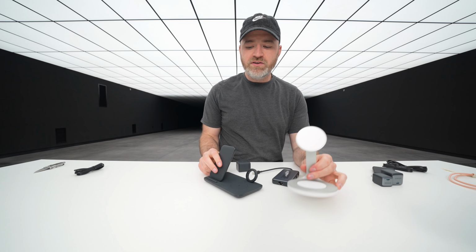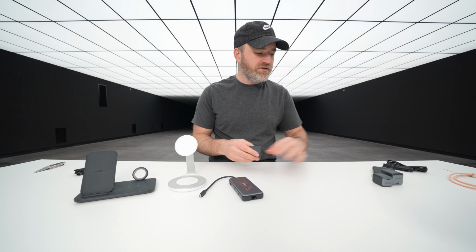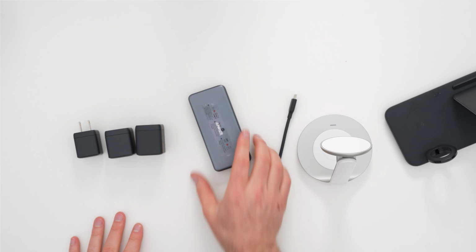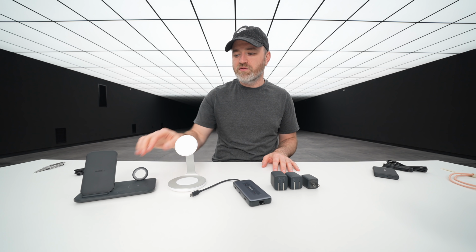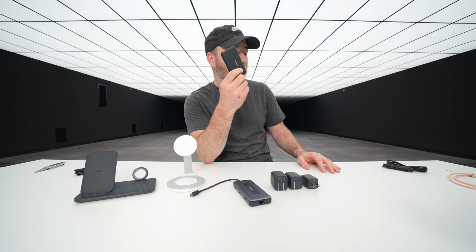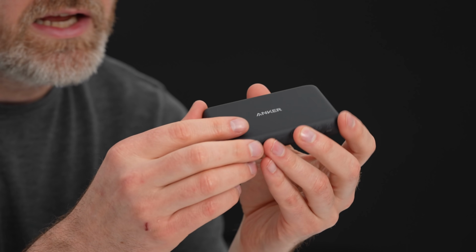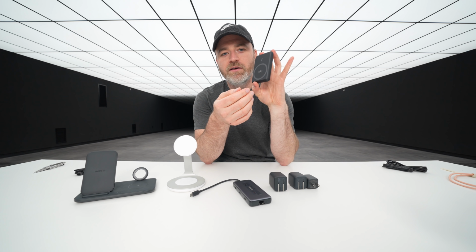So you go ahead and let me know down in the comments which of these new Anker devices is most interesting to you. Is it the tiny new little power bricks, the Nano 2? Is it the little hub to expand the usage of your laptop? Is it one of these two wireless charge stands? Or is it maybe this one? Because for me, this is probably a close second to the power bricks. The Powercore Magnetic 5K, which takes the concept of a power bank and just makes it even more convenient, at least